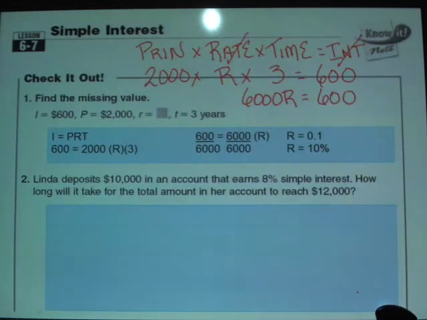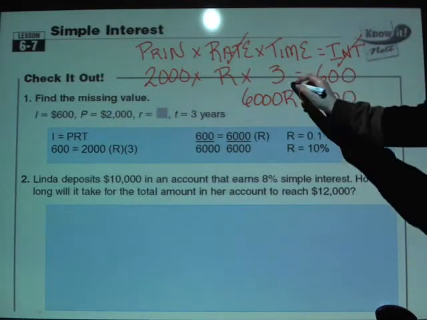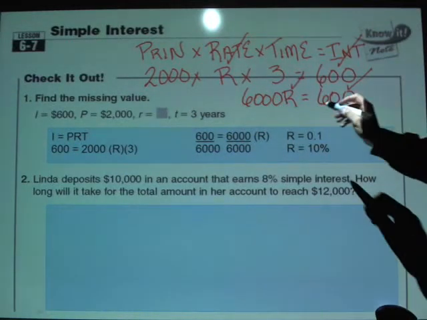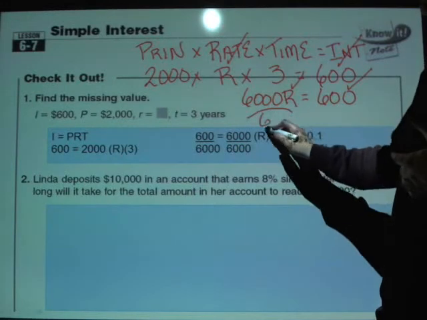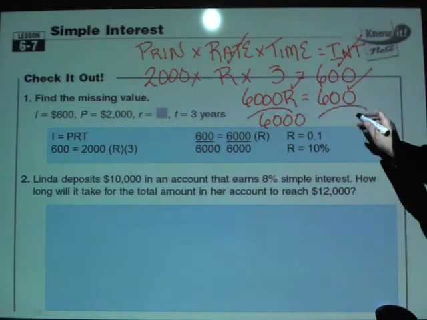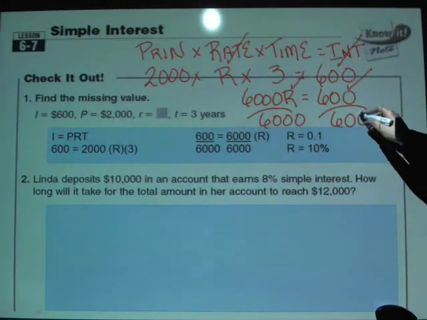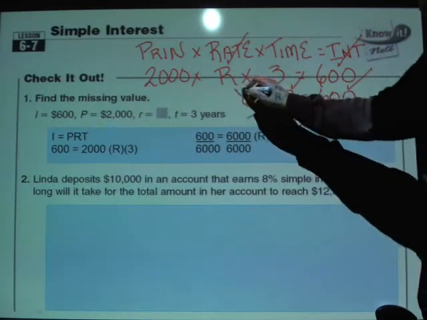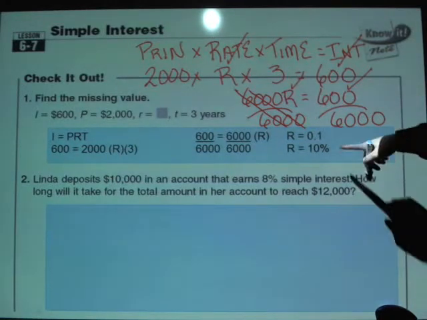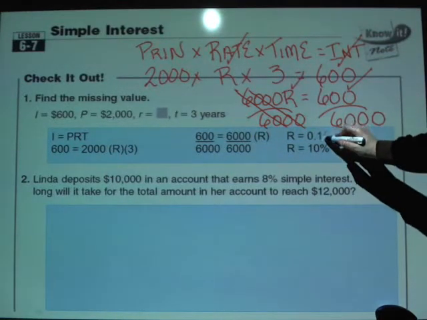600. All right, well, this is a multiplication equation now. Again, variable on the left, numbers on the right. Finish it. 6,000 is a number. It's got to go to the other side. How do I move it? I do the opposite. What's the opposite of multiplying by 6,000? Dividing by 6,000. So that's why I'm dividing across by 6,000. It's going to leave me R is equal to 600 over 6,000, or 0.1, or maybe 0.10 if that's better